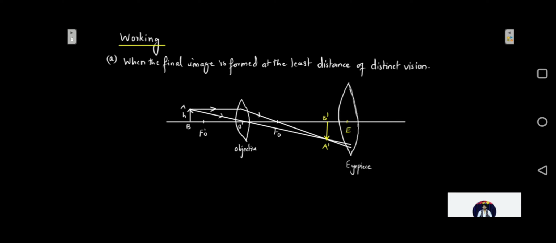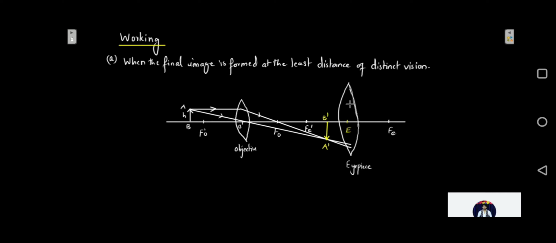So the focal length of the eyepiece will mark over here. So this is going to be the second focal length of eyepiece, FE dash. The first focus is going to be on this side, FE. So you will make sure that this image which is formed by the objective falls within the focal length of the eyepiece over here. So this image, that is A dash B dash, is going to act as the object for the eyepiece, which is essentially going to behave like a simple microscope.